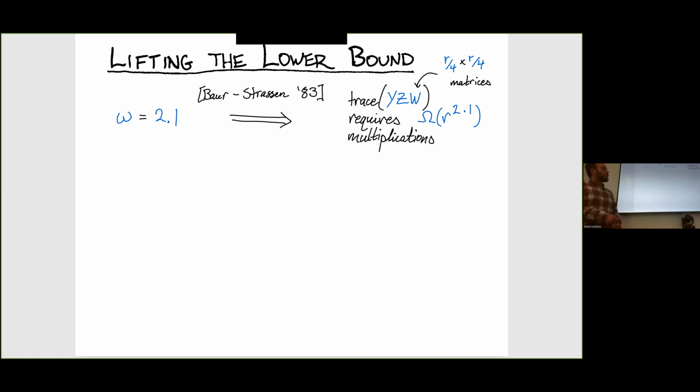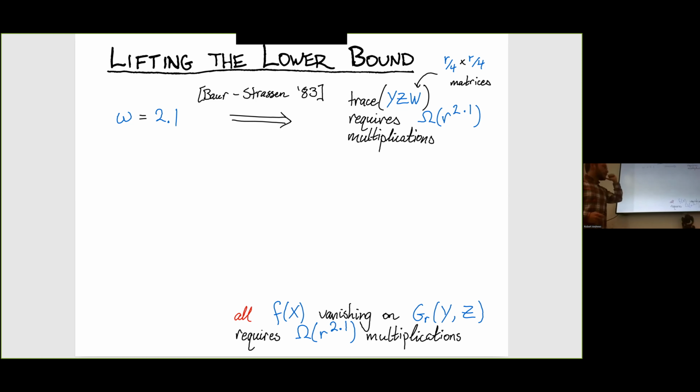I should also mention I'm changing the parameters around a little bit here just to make things match nicely. So these are matrices of size r over 4 by r over 4. This is the same r from the previous slide. Okay. So what we need to do is show that all these polynomials vanishing on our generator require like r to the 2.1 multiplications. Now, how are we going to do that? Because these are very unstructured polynomials. Well,